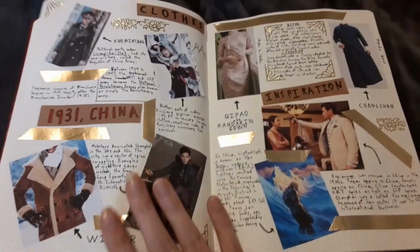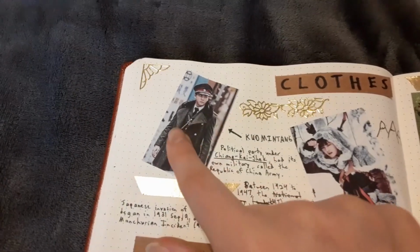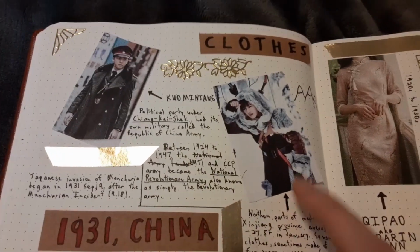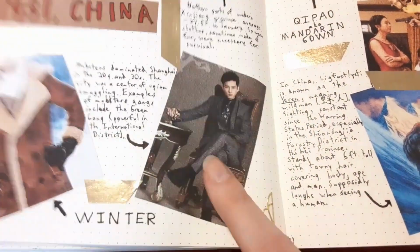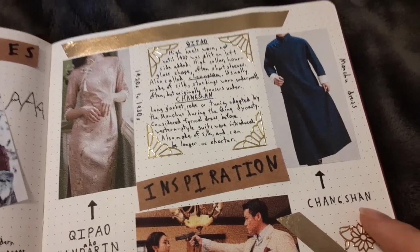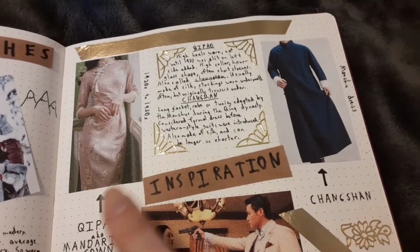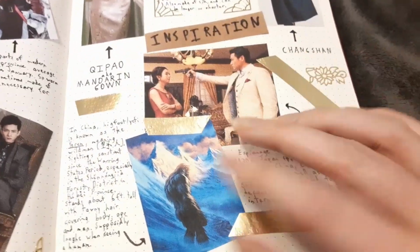Enough history about that. So I have a lot of varying clothes. Obviously, he's in the military, so I give him certain clothes. She's in the rural country, but very cold, so she wears things like fur. He is a wealthy mobster, so he wears certain things. And then you have the qipao and the changshan, which are the more traditional garb, but not the original garb. And then of course you have